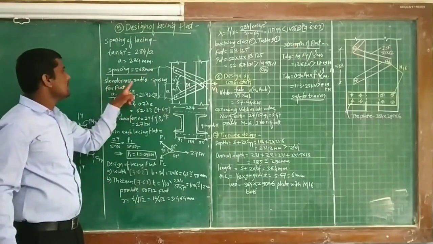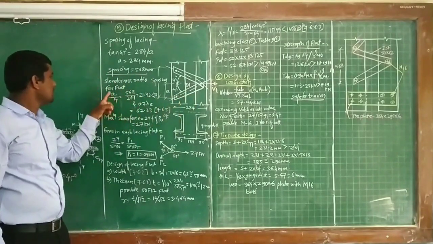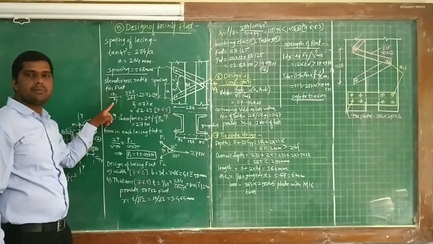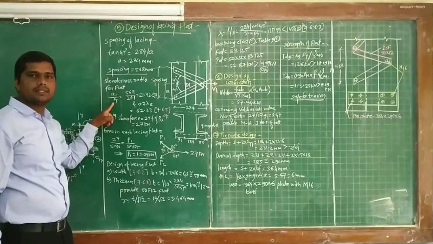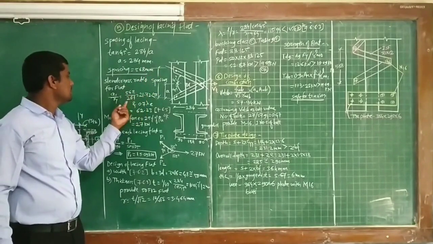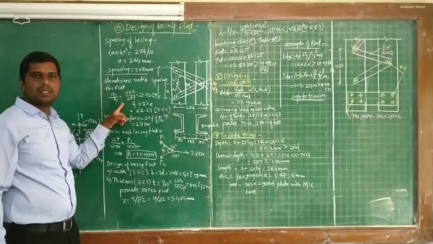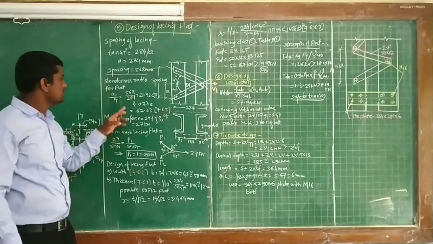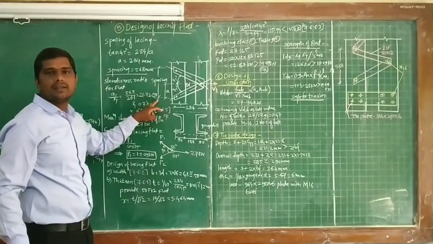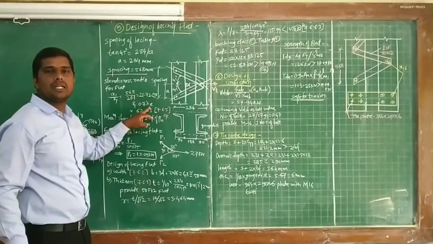Then the slenderness ratio for this flat lacing bar. For the slenderness ratio, we take A1 divided by the radius of gyration about the y axis, Ry, equal to 568 divided by 26.1, the radius of gyration. These properties we have chosen from the steel table. So the slenderness ratio is 21.72, which is less than 50, and 0.7 times the effective slenderness ratio.